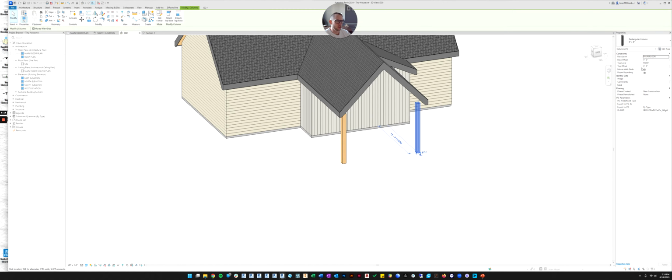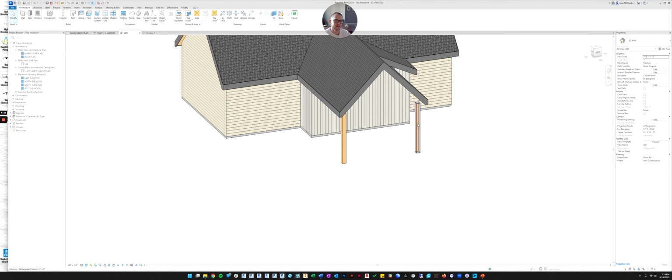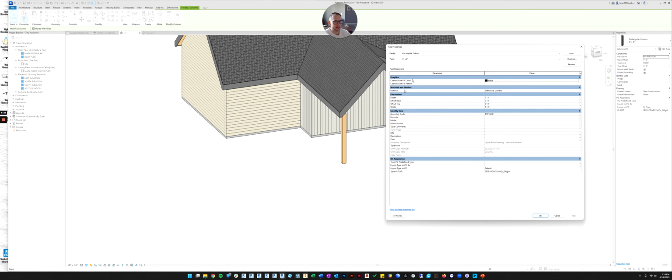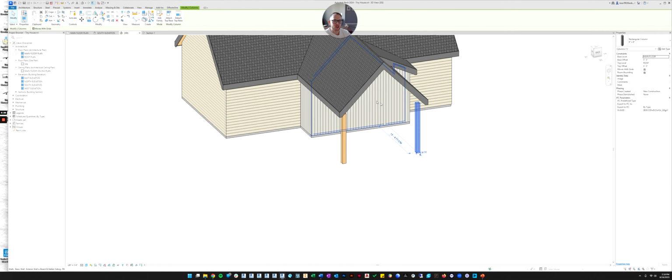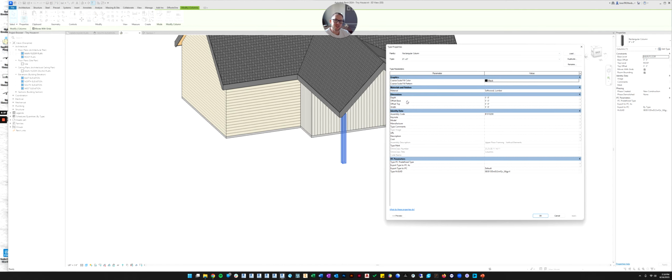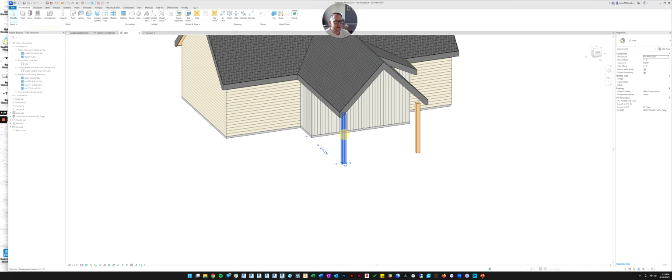So these are the features that you can change, and it will only change on one instance. Because right now, if I change something in the type dialog box, it's going to change all of them that are the same type. So when you go into this edit type dialog box, all of these settings, these parameters, these attributes, are called type parameters. Because when you change them here, it will change all of the 8x8 columns to match whatever you change here. But if you highlight it and you look over here, these are the instance parameters, and changing this will only change one of them.